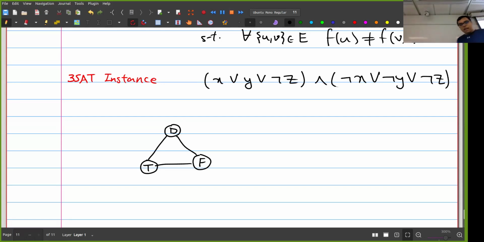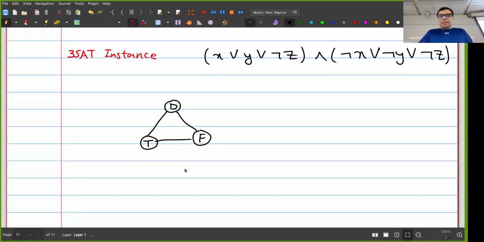But now I can say if a vertex has the same color as the vertex true, that corresponds to setting the variable to true. And now this kind of shifting doesn't really affect me anymore. So this is my first gadget, but all we need here is that each one of them will have a different color. Now, just like the case of independent set,